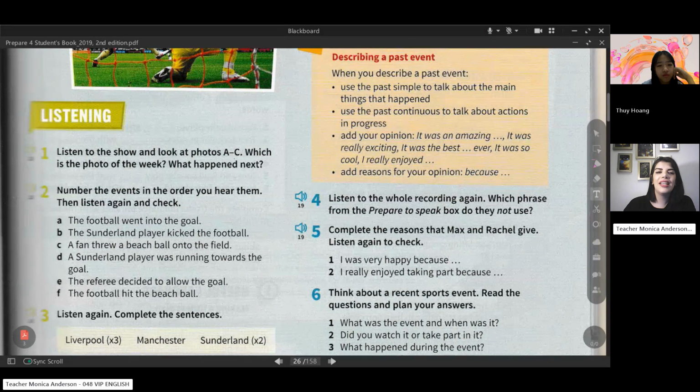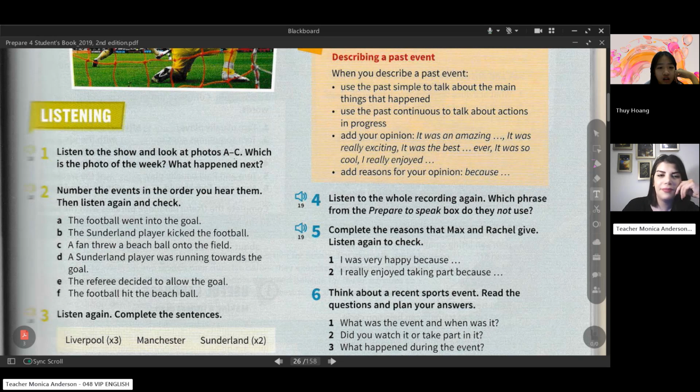It hit the beach ball and then went into the net. Really? So what happened? Hit the beach ball. So first, before it, the Sunderland player kicked the ball, the football, right? Yes. Okay, and then,